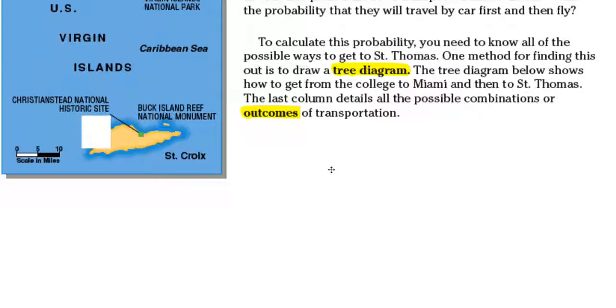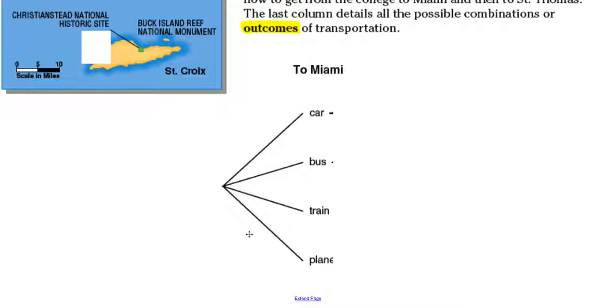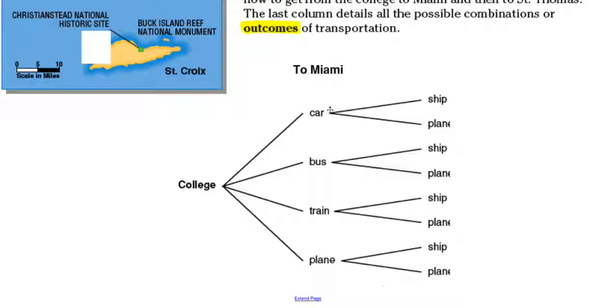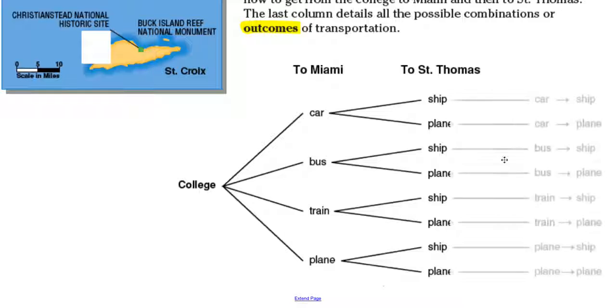So these are the things that they are going to decide on. From college, which is here, there you go, they can travel to Miami by car, bus, train, or plane. And from Miami, if they travel by car, they can travel by ship to St. Thomas or a plane to St. Thomas. If they travel by bus, they can travel by ship or plane, and so on and so forth, all the way down. And so from St. Thomas,